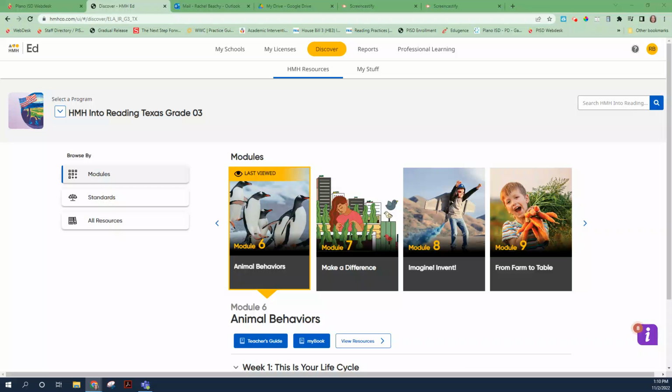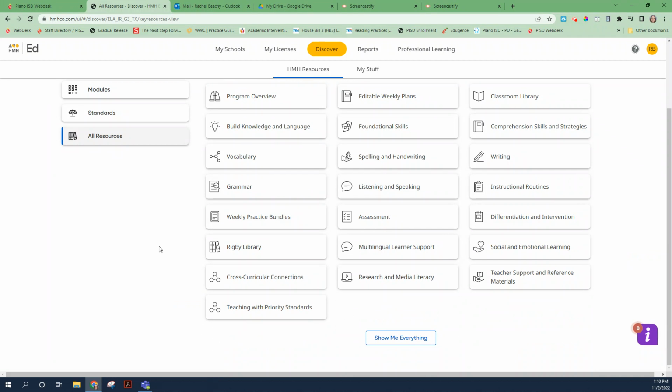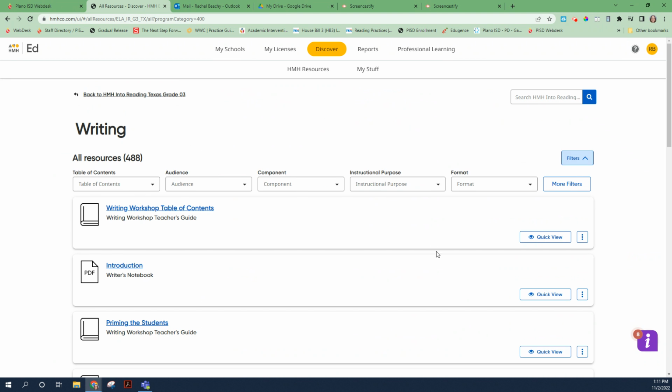Okay, that's a great question. So here's how it works. Two things. You can find grammar lessons by looking at the learning resource collection, going to all, to see what the lessons are, right? If you go to all resources, you can open up our writing workshop